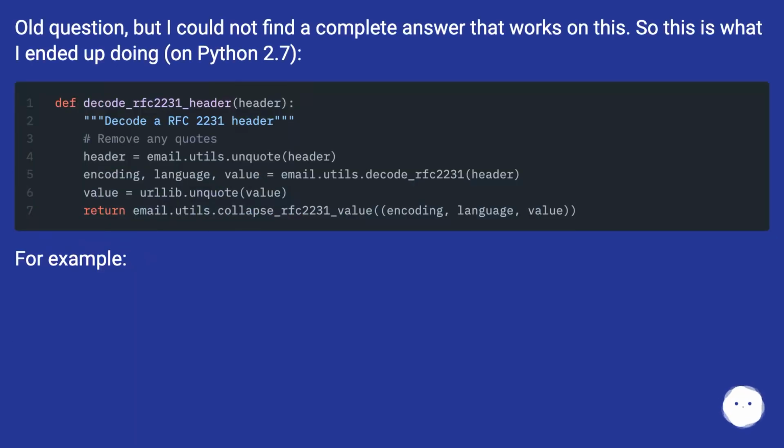Old question, but I could not find a complete answer that works on this. So this is what I ended up doing, on Python 2.7. For example,